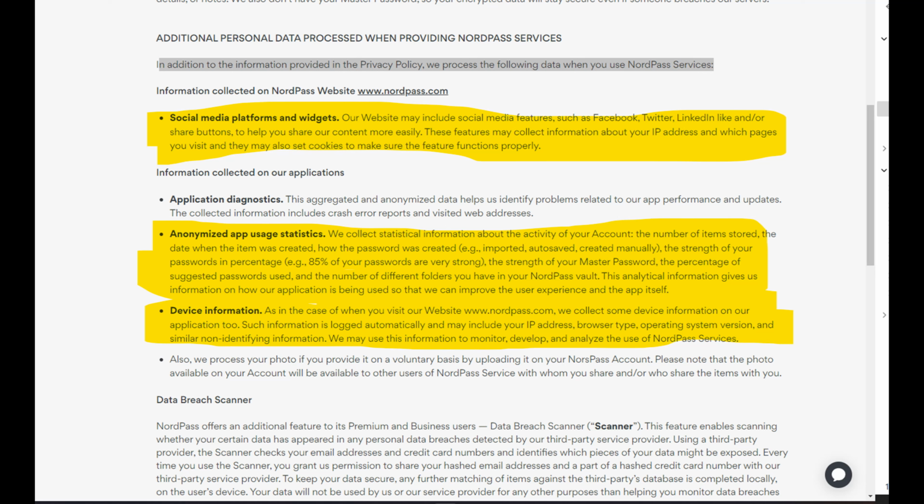So I'm actually going to start right here in the middle, the anonymized app usage statistics, where basically, even though they tell you only you know what's inside your vault, they know the exact amount of files, right? So however many of whatever information you have, they know the date it was created, they know how it was created, whether or not it was imported, autosaved, or created manually, and also the strength in percentage, which means that they